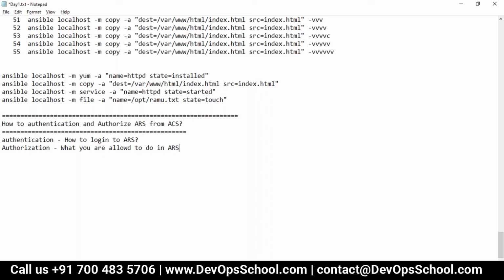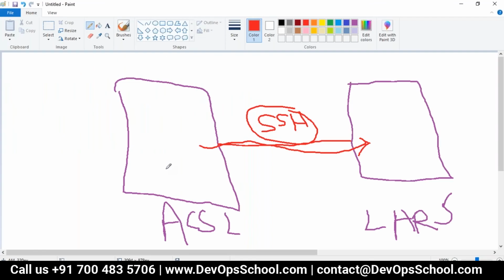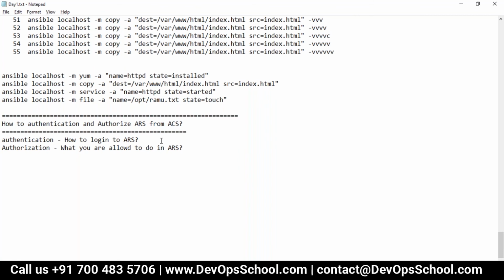Correct? You've been working in Linux servers for many years, I believe. How do you authenticate from one Linux to another Linux? I said authentication. You teach me.